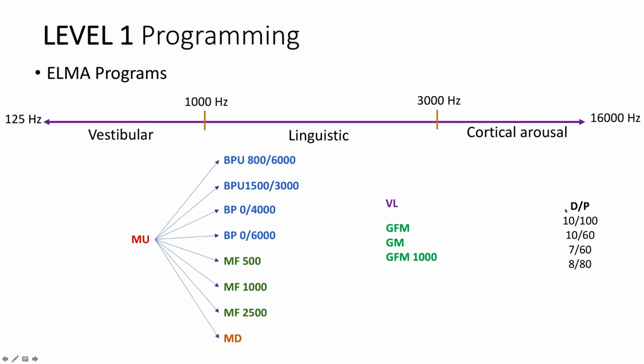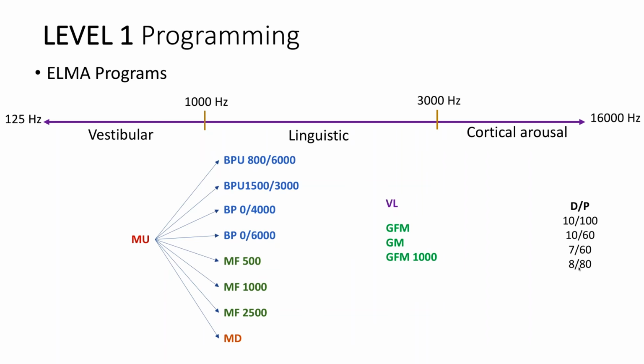And remember that the delay and precessions on the different musics are 10-100, 10-60, 760, or 860, which are gating speeds that are slow, not too fast, okay? Because for reasons of safety, we need to be careful. Since we don't have a listening test, we cannot decide to go down on the delays and the precession without